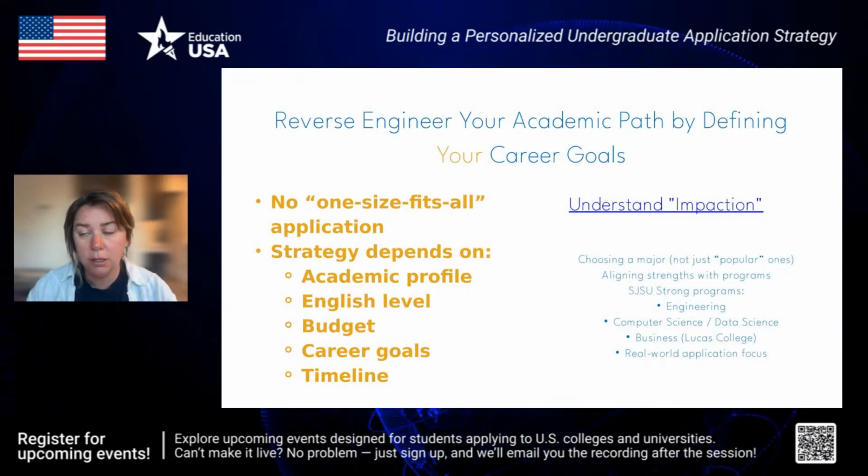So think about what the application requirements are for the university that you would like to apply to, at least a few years in advance. That's going to give you the time to increase your grades for a better application. For example, for our school, in the math classes, you can't get below a C minus for certain programs, like in engineering, which can also be highly impacted.